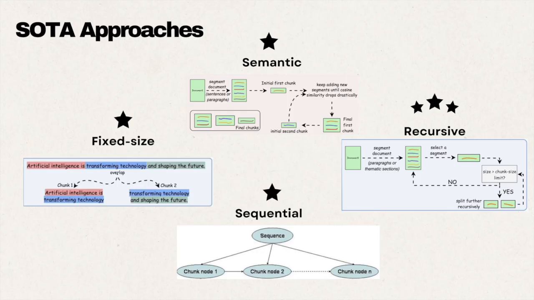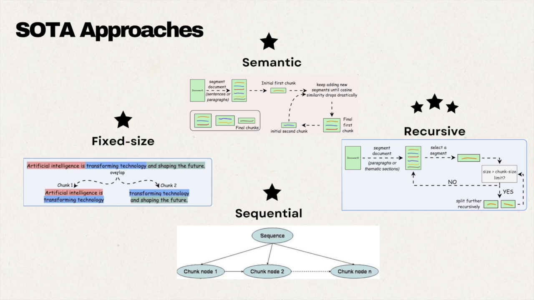Semantic chunking involves segmenting the document, and then we continuously do an agglomerative style of adding new sentences until the cosine similarity for the next addition drops drastically or the chunk size threshold is reached. We repeat this process until the whole graph is segmented. Sequential linear approaches consider the whole document graph, and they take a directed graph where each sentence sequentially flows into the next, and we again break it down wherever we have the